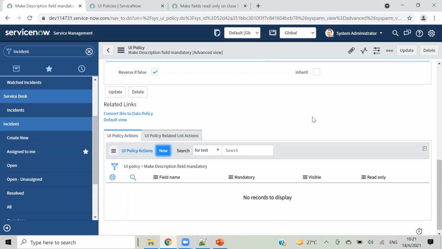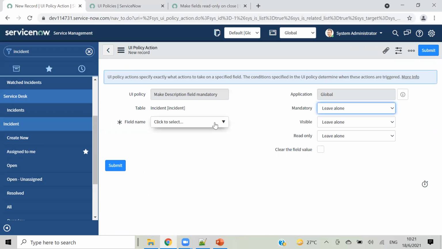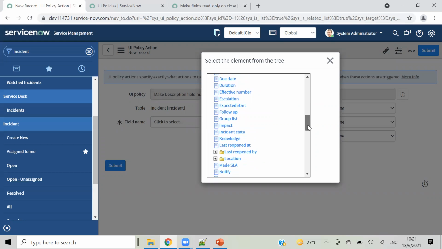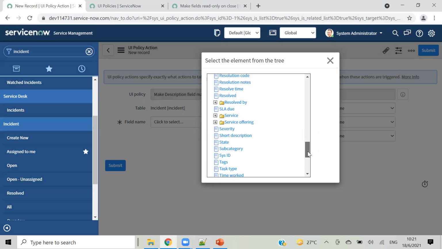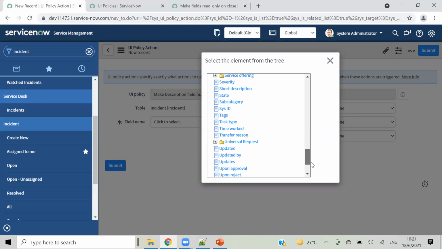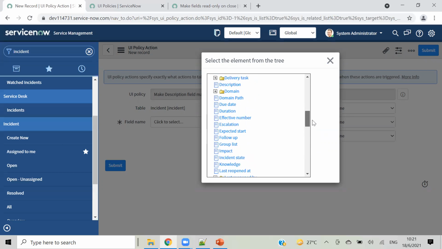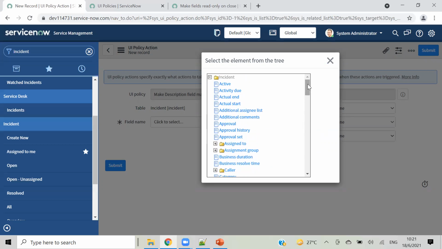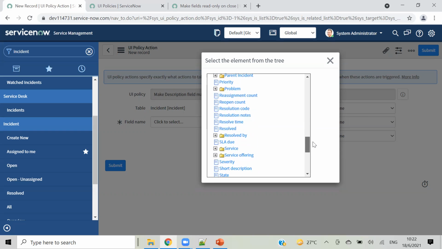So I'm clicking on new. Let's see where is description. This is problem related.